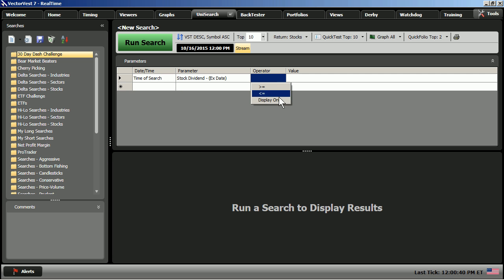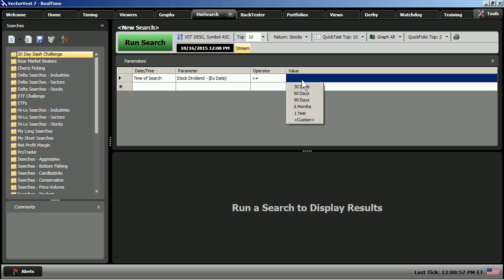Operator, you can then see just displayed dates, or a date that is greater than or beyond a specific date range or closer than a specific date range. So let's say a dividend X date that's less than 90 days out. If I run that search,